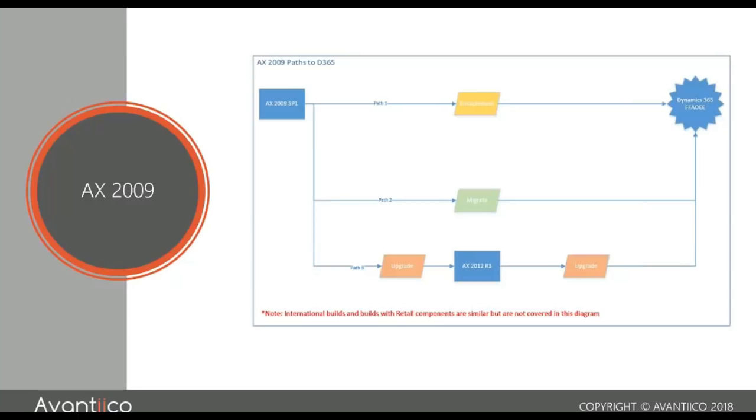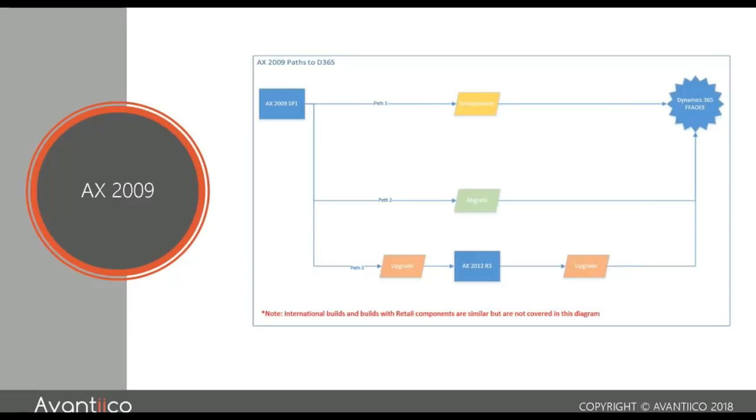The benefit of that X++ is you can see that code, you can modify it. Maybe if you have a custom entity or a custom table you want bringing, you can go ahead and do that. Option three, if you really, really wanted to keep everything, if you had a requirement, you were on 2009